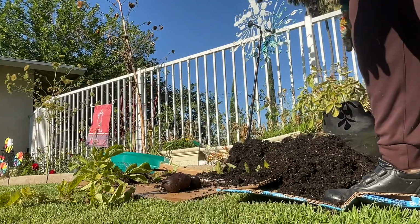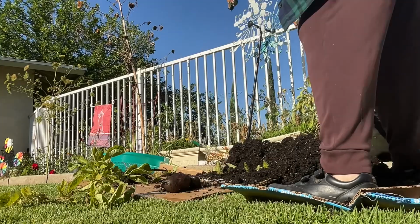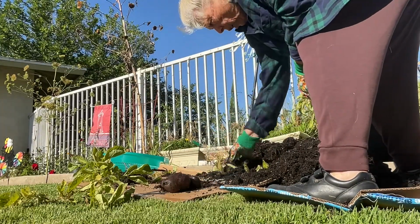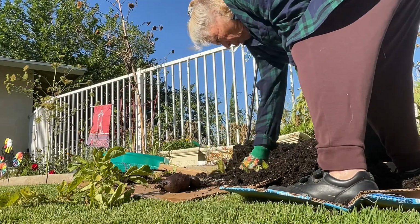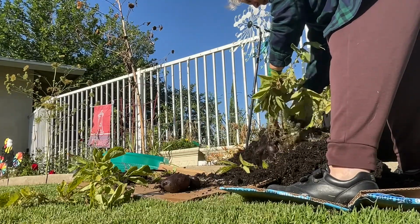Was going to dump out the second one, but since I see a lot of these potatoes are not too big, I think I'm going to let the other bag set a little while longer, maybe another week or so. And it's not like I need to eat them all right now. And the whole idea of doing this the way I'm doing it,